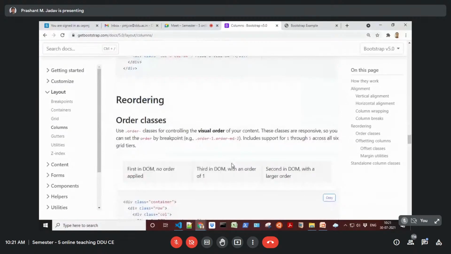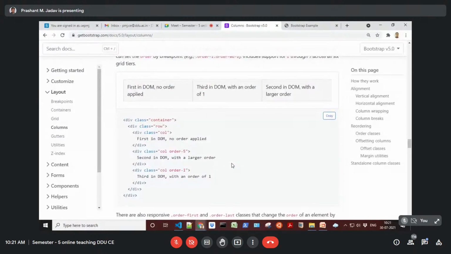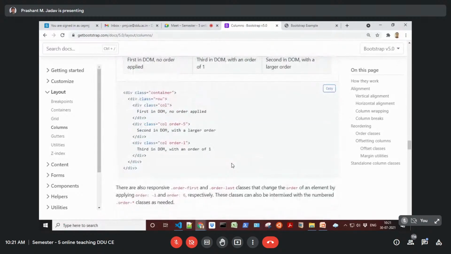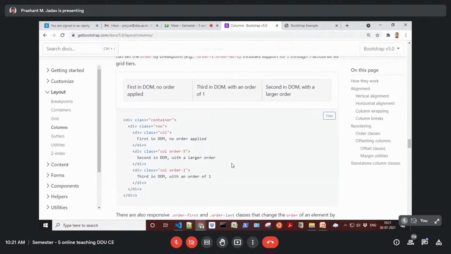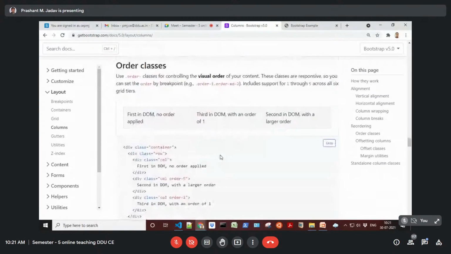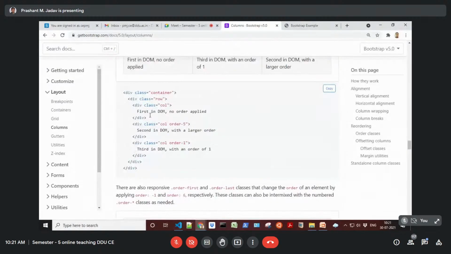You can also change the order like we have seen in the CSS flexbox, that if you use the reverse related property, then the order can be completely reversed. Here you can selectively change the order. Suppose within your code there are 3 columns, first, second, and third. If you want to change this order, you can do so without changing the order in the source code. Simply use this order.